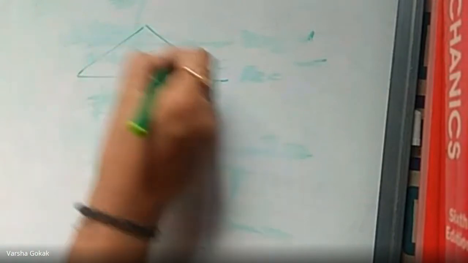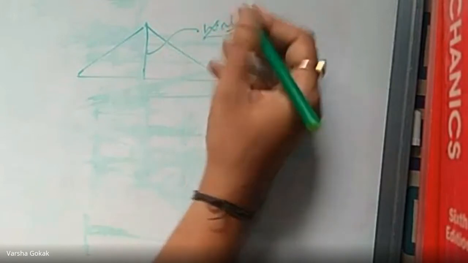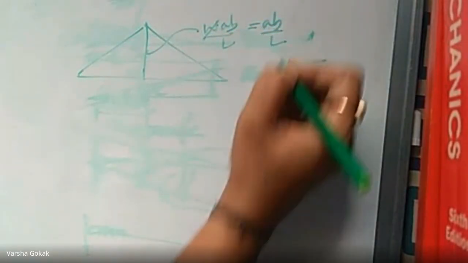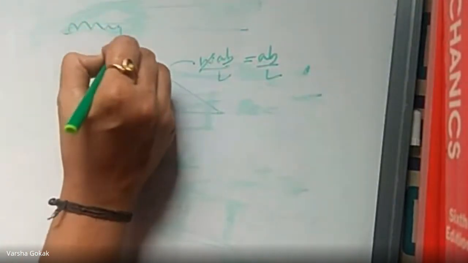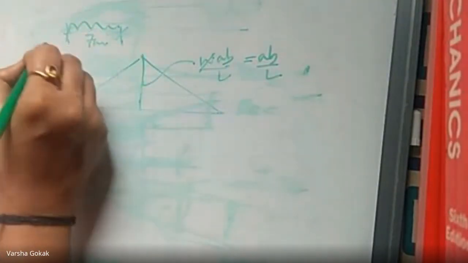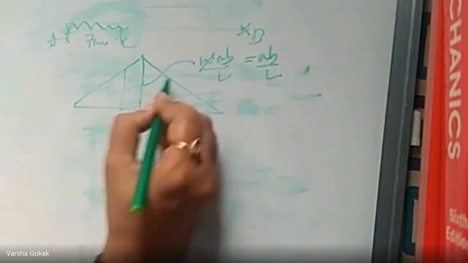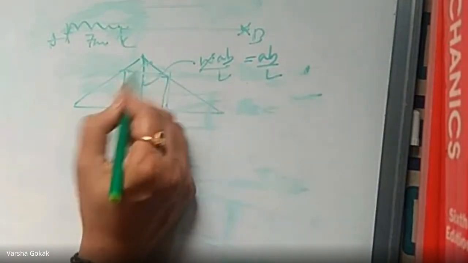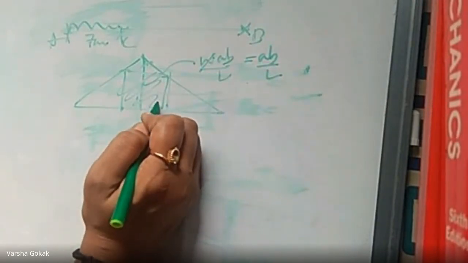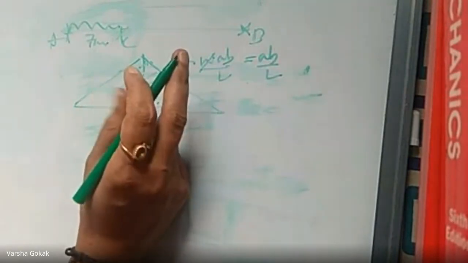After this, we went to bending moment, wherein the bending moment diagram is going to be like this, whose ordinate is given by WAB by L, W being 1, it is just going to be AB by L. So in the first case, when I'm considering the regular placement, it is placed in such a pattern. 7 meters, and this is A, this is C, and this is B. Then we calculate the ordinates, find the y ordinates and consider the area between them and calculate the maximum bending moment. That is the area of the triangle and the area of a rectangle. You will multiply it by the given load.